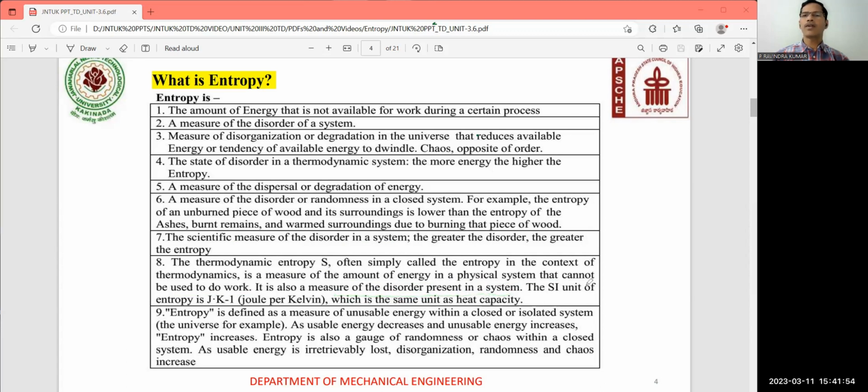The SI unit of entropy is joule per Kelvin, which is the same unit as heat capacity. If it is specific entropy, then the unit is joule per kg Kelvin. So entropy is defined as a measure of unusable energy within a closed or isolated system. So that means